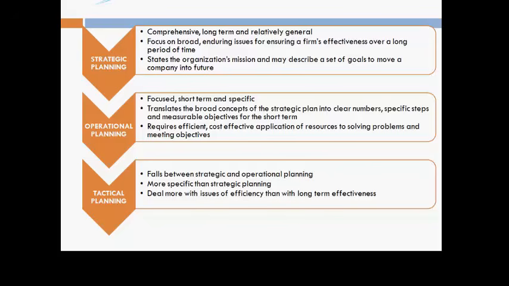So I hope this slide is clear. I'll just summarize it once again for you. Strategic planning is done by the top level management. Operational planning is done by the middle and the lower level management, wherein they look into how the strategy or the overall goal of the organization can be met. Tactical planning lies between strategic and operational planning, which defines the strategy for a year, and it helps the managers to look into those short-term goals, but it is definitely a little bigger than the operational planning.